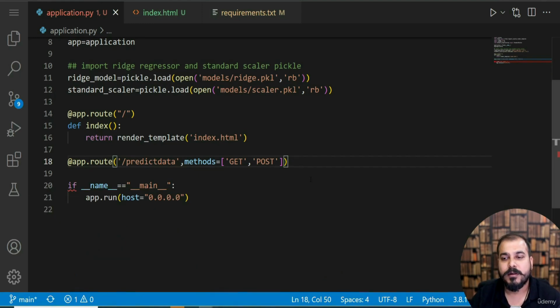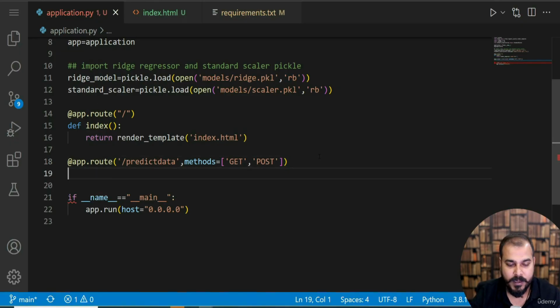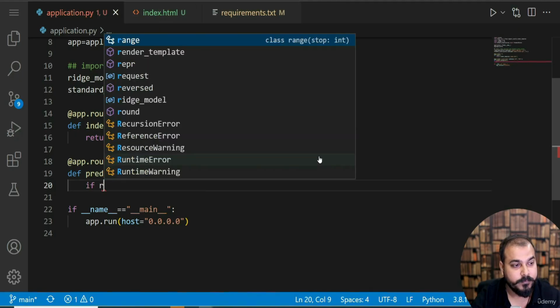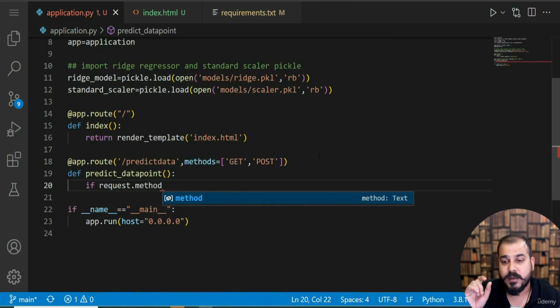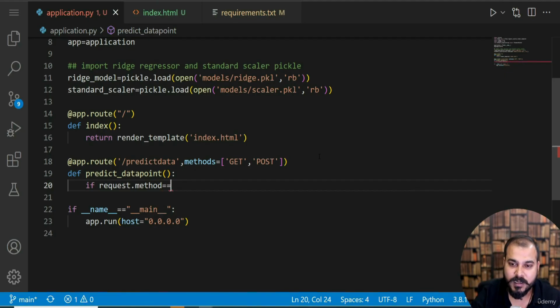Now here you'll be able to see I'm getting get and post method. Now I will go ahead and create my definition, def predict_data point, and here I'm going to basically use if request.method. Now see, whether it is get or post, if we really need to find out, then we need to write this particular condition. If the request.method is double equal to post, okay, then I will do some